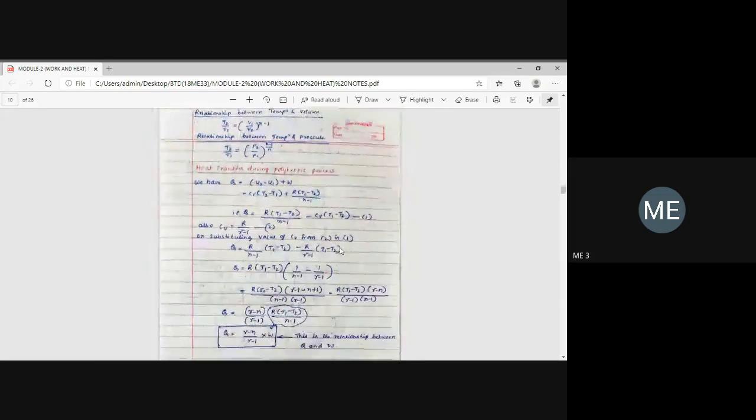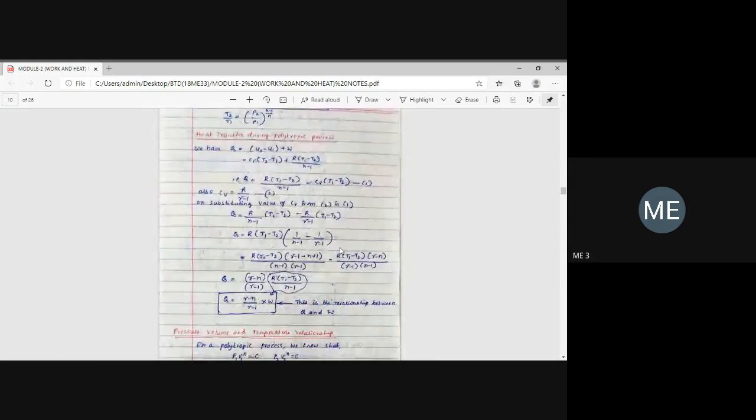So first step is Q equals delta U plus W. Delta U is U2 minus U1, plus W. Third step is Cv into T2 minus T1. You remember this equation, whatever process it is, the expression for delta U is Cv into delta T. In a numerical problem, they may ask, find out the change in internal energy during polytropic process. You remember the standard formula, Cv into delta T. If it is constant pressure, also same equation, don't change. If it is constant volume, also same equation. So this is a standard equation used to find the change in internal energy for all thermodynamic processes.